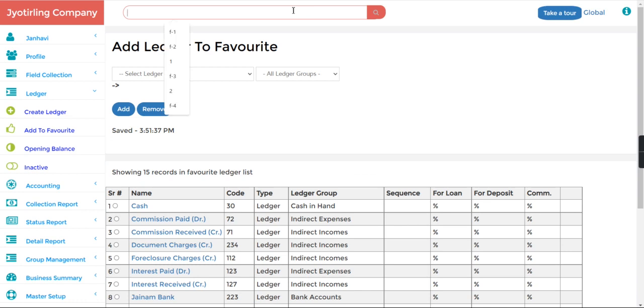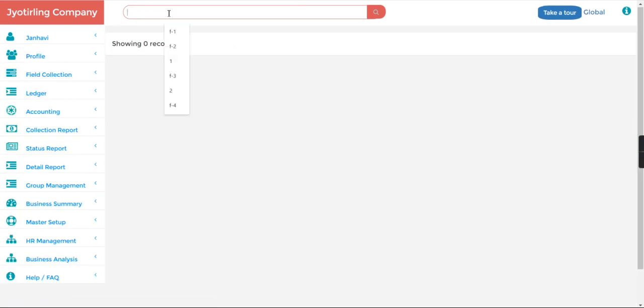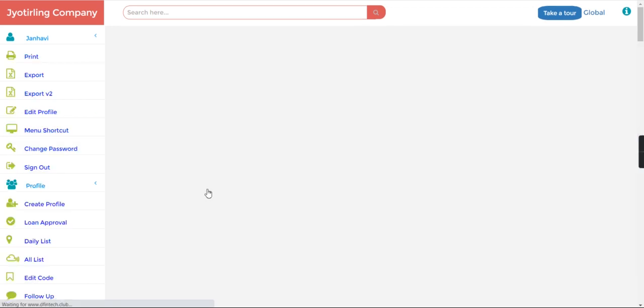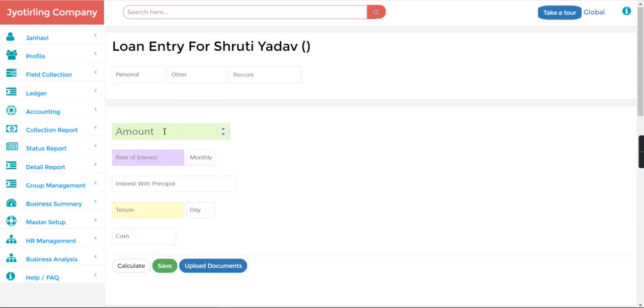Now let's go and search the customer F-2 and click to the loan and let's enter the amount, let's say 5,000, 2% interest and for 5 months.